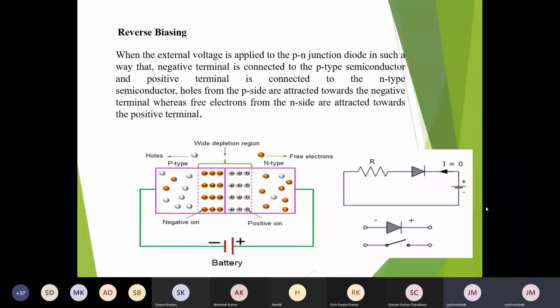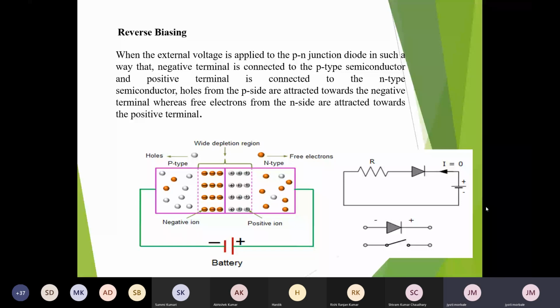So free electrons are moving away from the junction towards the external battery, and holes are also flowing away from the junction towards the external battery side. Because of this, there is a very small, negligible amount of current that we can observe in a reverse bias. So in a reverse bias, because of this type of connection, the width of the depletion